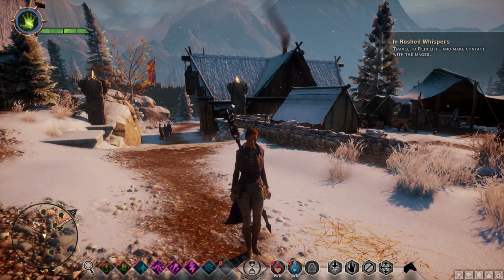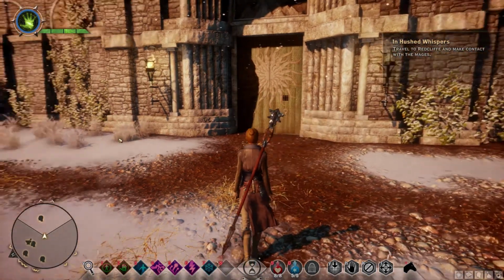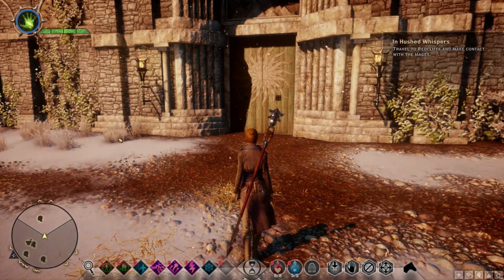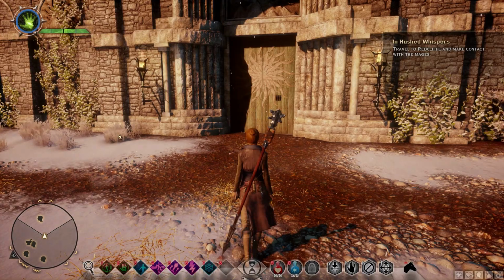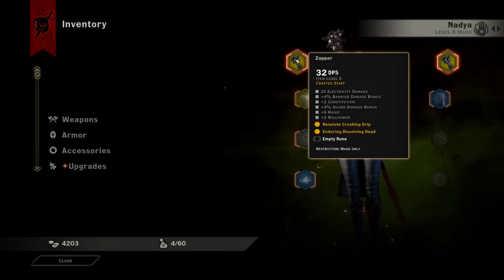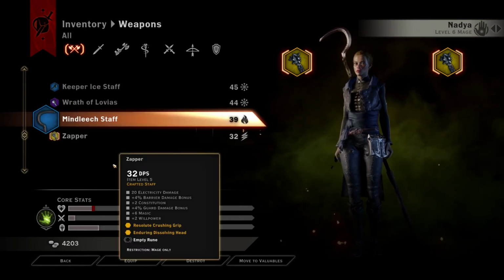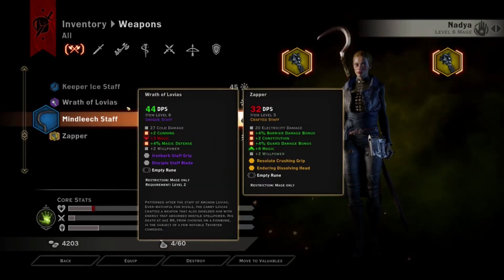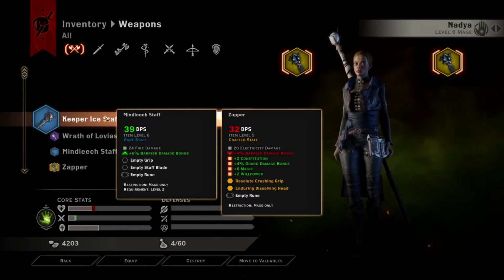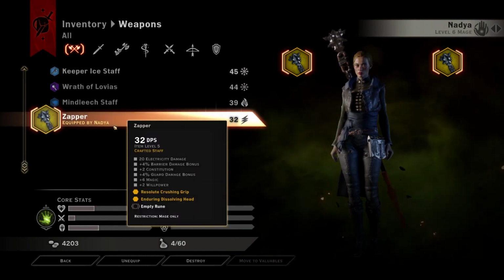Okay, here we are back again with more Dragon Age Inquisition. And I did my usual sort of off-camera inventory management shtick. I did craft myself a new staff. I called it Zapper for the moment, because it's an electricity staff. It doesn't do as much damage as these other staves that I've been finding in the world, but it does electricity damage, which I kind of prefer,